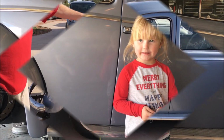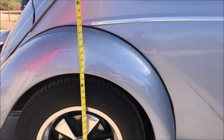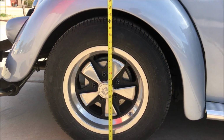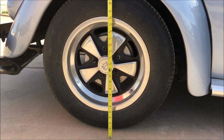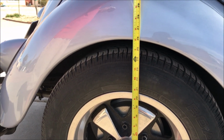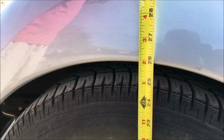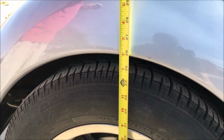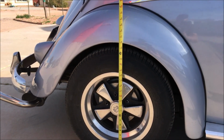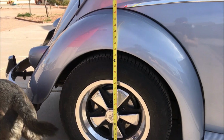Yeah? Okay. Alright, so as we're doing this, and this could end up being a separate breakout on the video, we are going to lower this car. That's something that's bugged me a little bit, is how high the car sits. And you can see we're right at 26 inches pretty much. We're gonna lower this a notch when we have the trans and everything out,